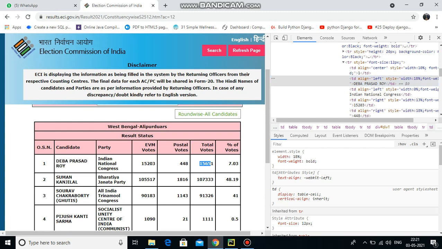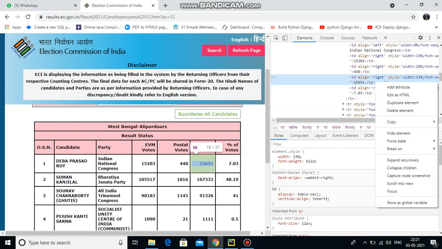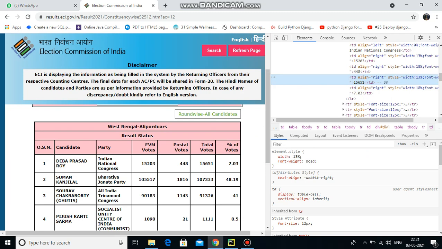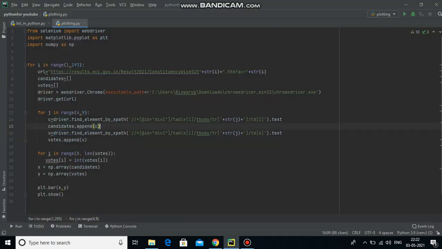So I'm getting two data over here, the candidate name and the total number of votes. I copied the XPath for the second one and used it in the second part and stored it in the V variable. So both the data, one is stored in C and the other I have stored in V.